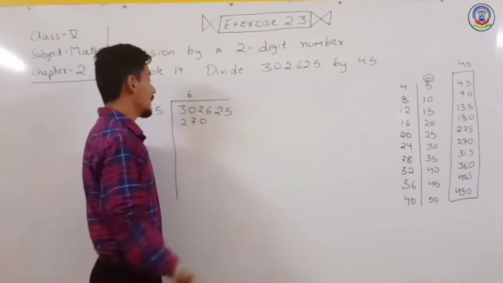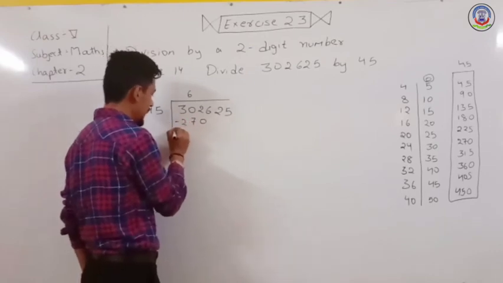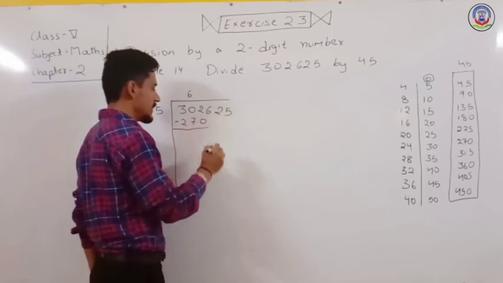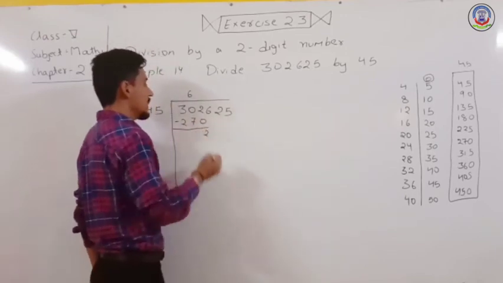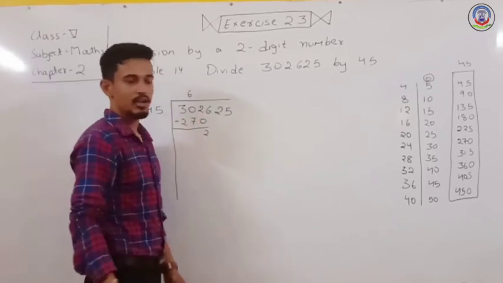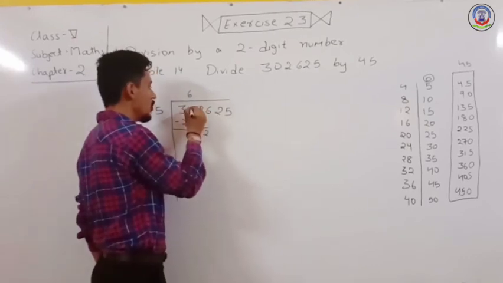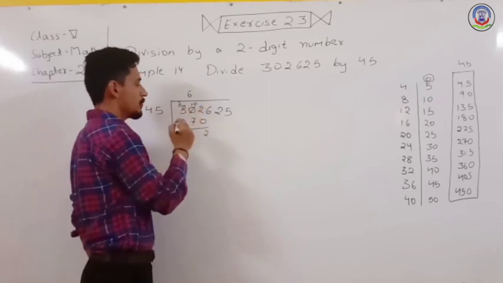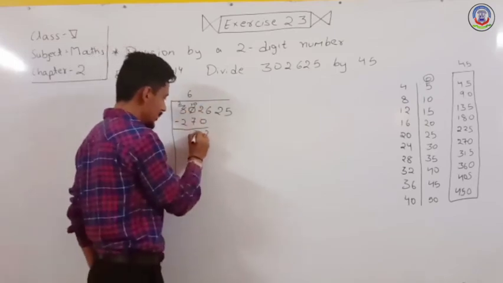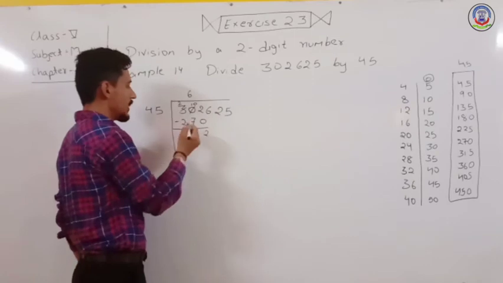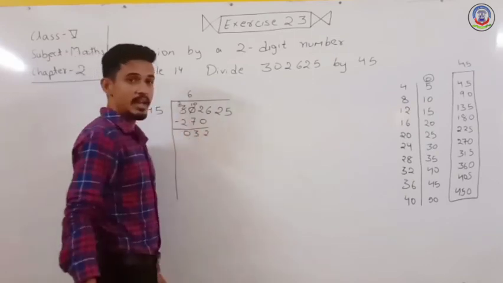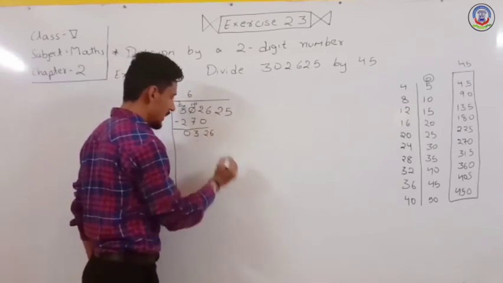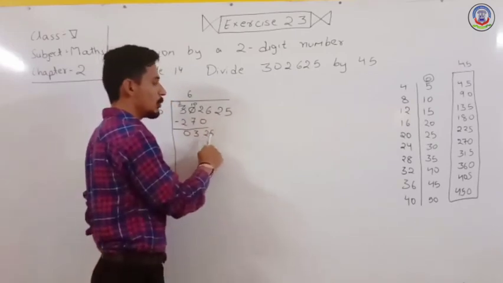270. Next, we have to subtract, as we know. Subtraction of this is 2, subtract 0 is 2. Next we have 0 subtract 7. So it is not possible, so we borrow, it becomes 10 and it becomes 2. So 10 subtract 7 is 3 and next 2 subtract 2 is 0. Next we bring down 6. So 6 comes and here next number is 326.